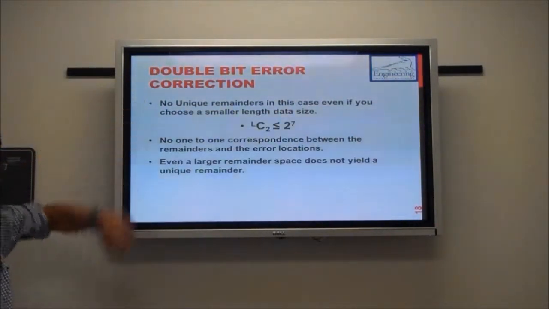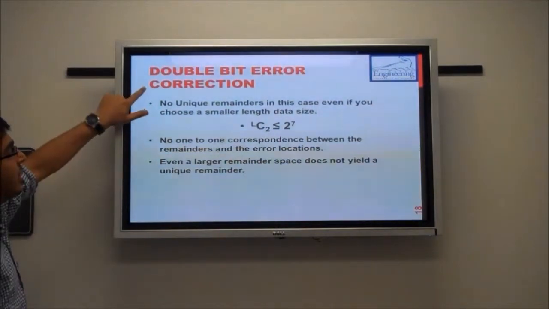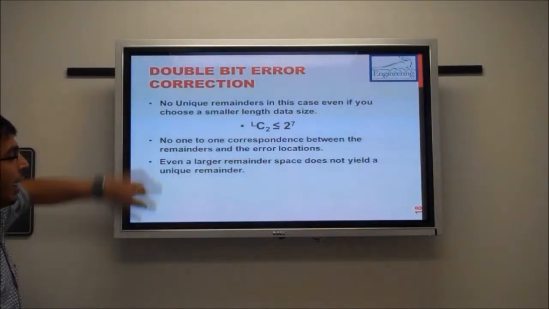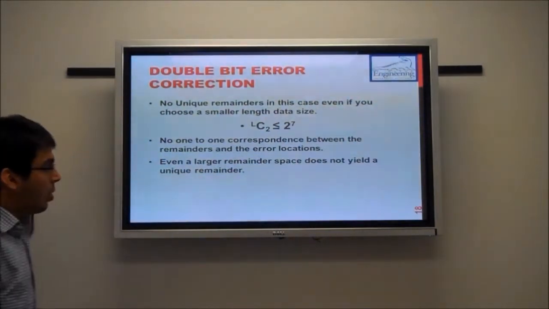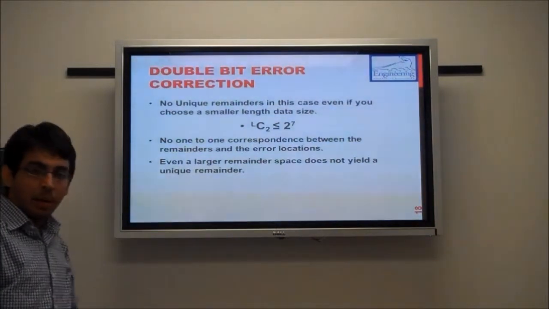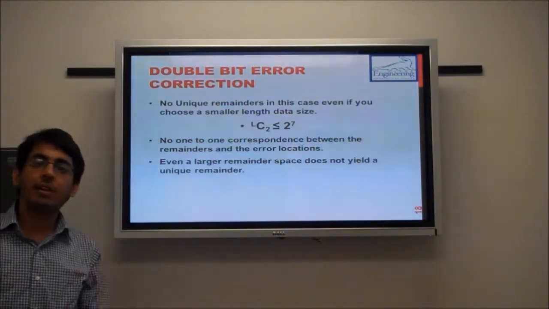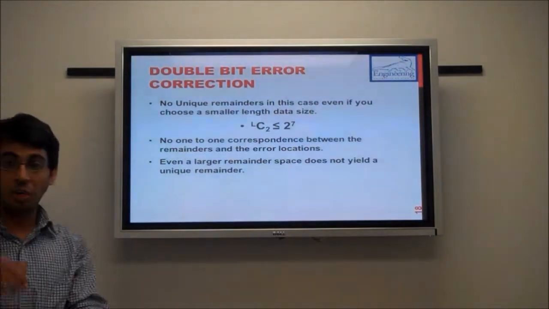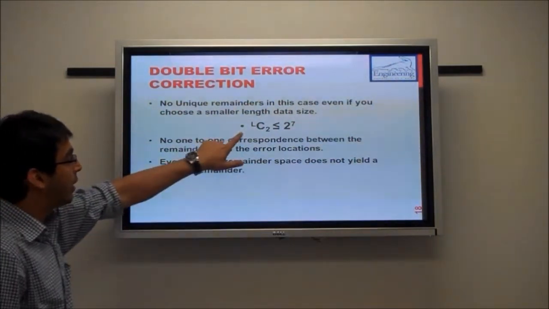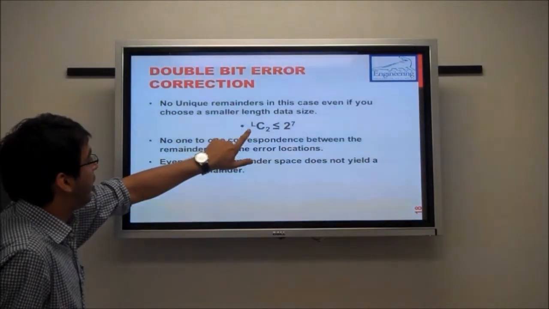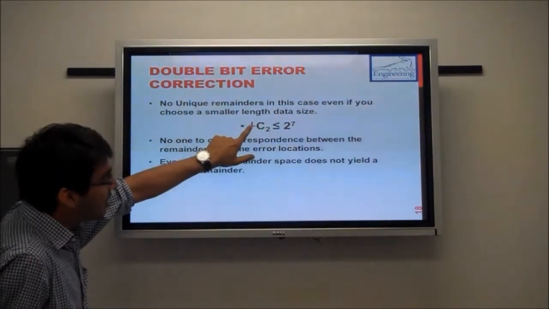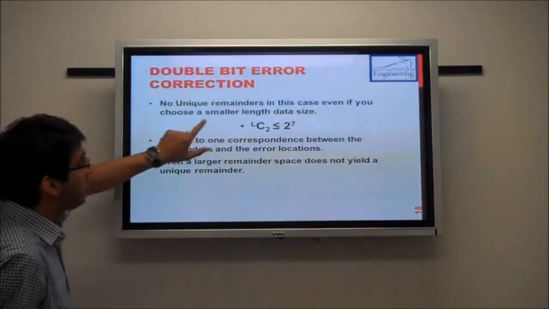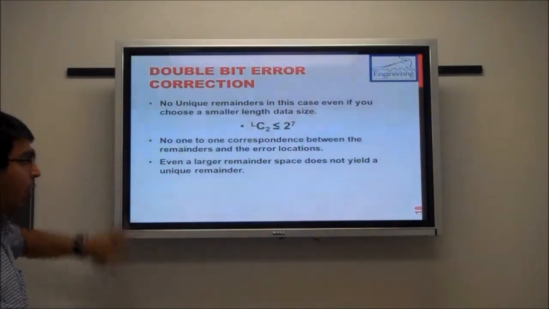Now this concept of single bit error correction can also be extended to correct the double bit errors. So now when you want to correct the double bit errors, you want to make sure that the data space that you have for the remainders, for unique remainders, should be of the order of LC2, right? So now LC2 should be less than 2 power 7 in this case when you are using a generator polynomial